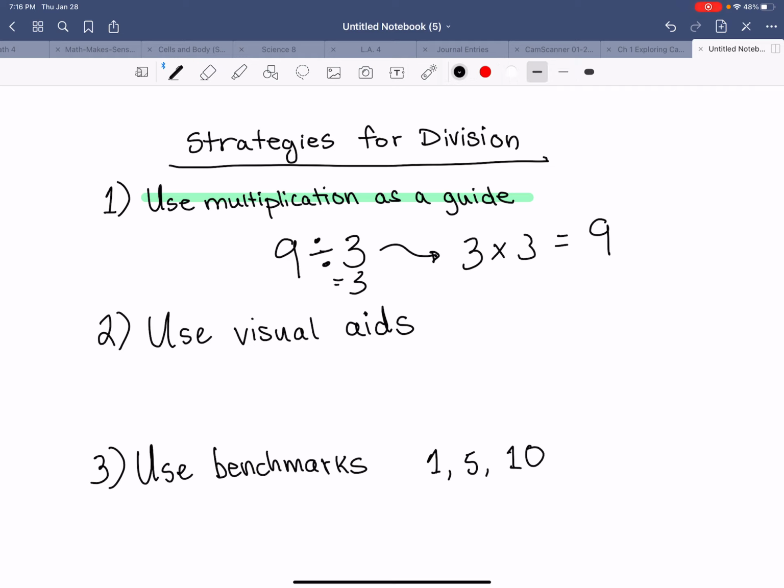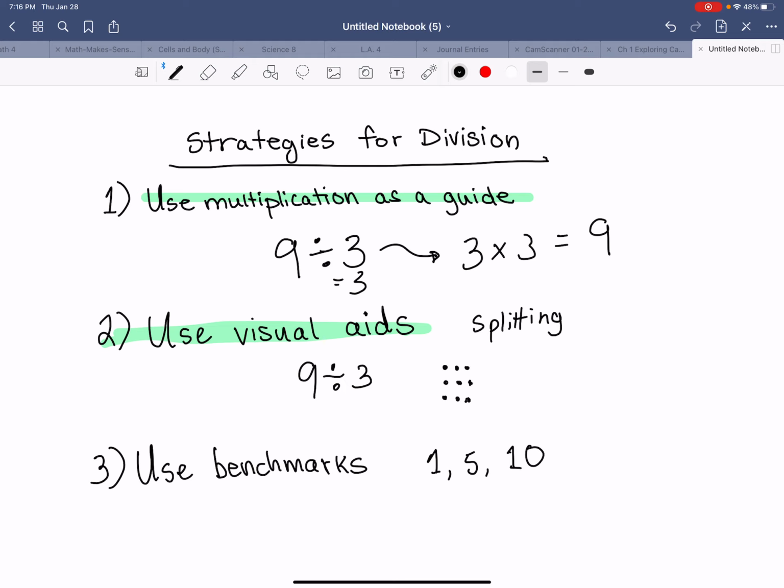The next tip is to use visual aids. So if you get stuck, you can remember that dividing is like splitting, right? Splitting things into parts. So for example, if we want to do 9 divided by 3, we can draw 9 dots. And then we can see how many dots would be in each group if we were to make 3 equal